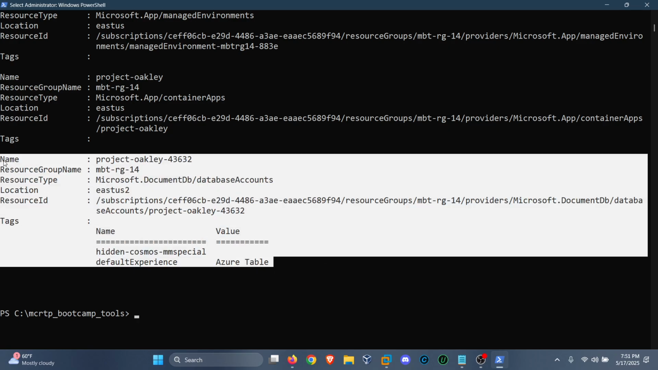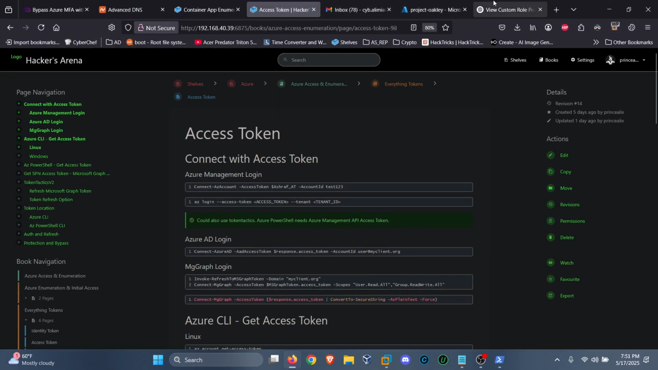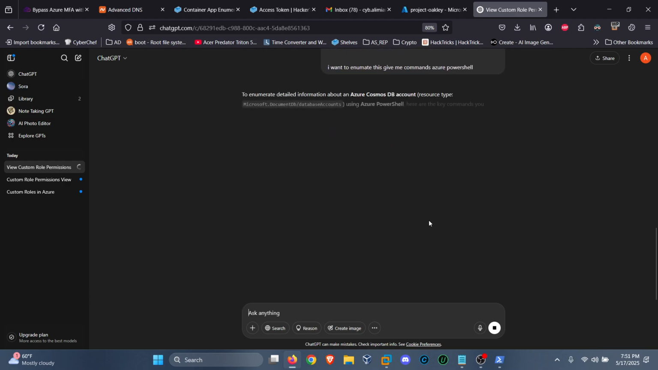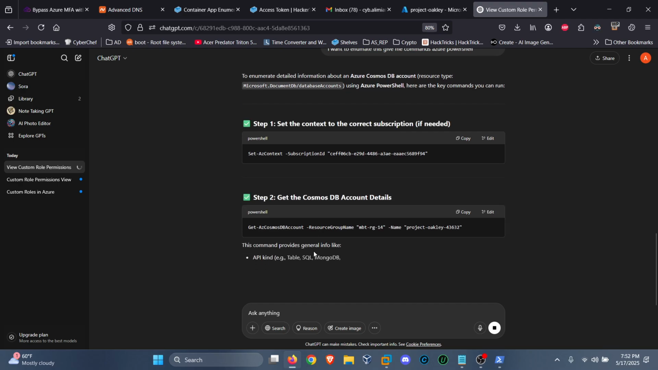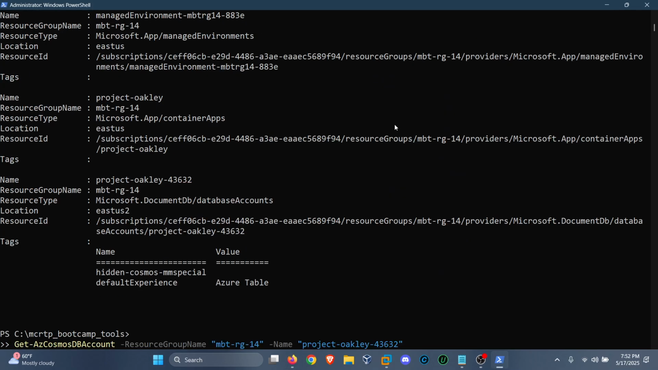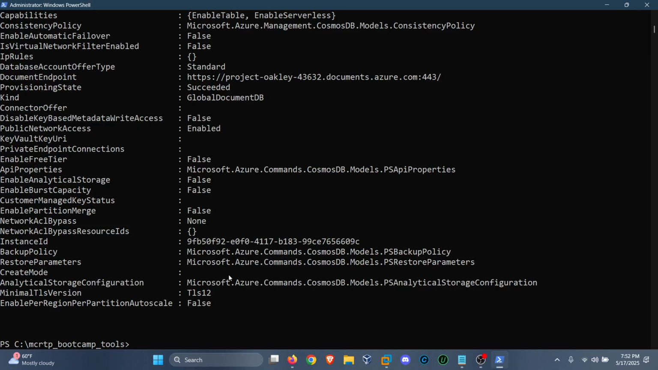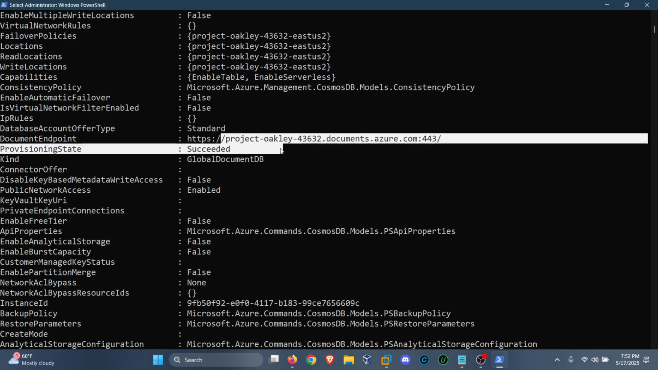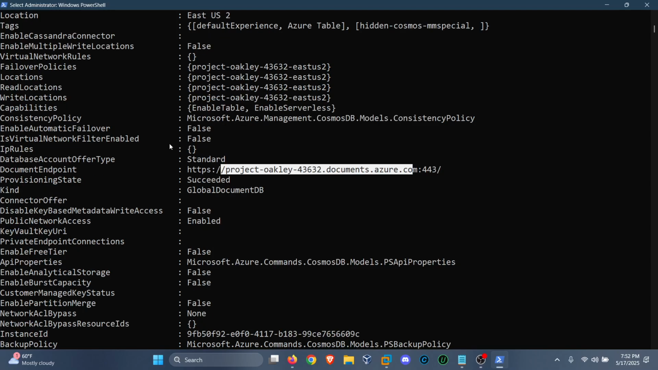I want to see something over here. If I put this here, I want to enumerate this, give me commands, Azure PowerShell. Get-AzCosmosDBAccount. Go ahead here. And what does this give us? Quite a lot of information. Again, documents Azure, endpoint,